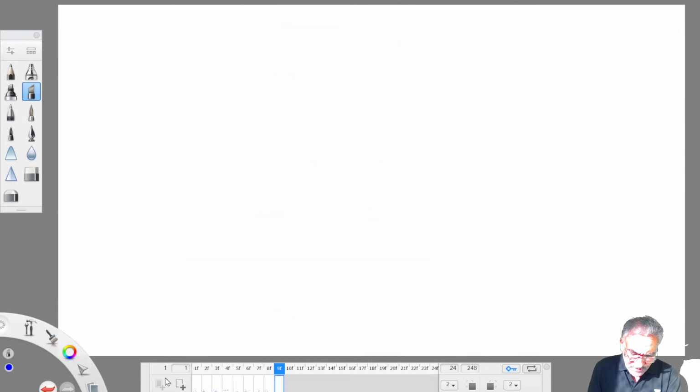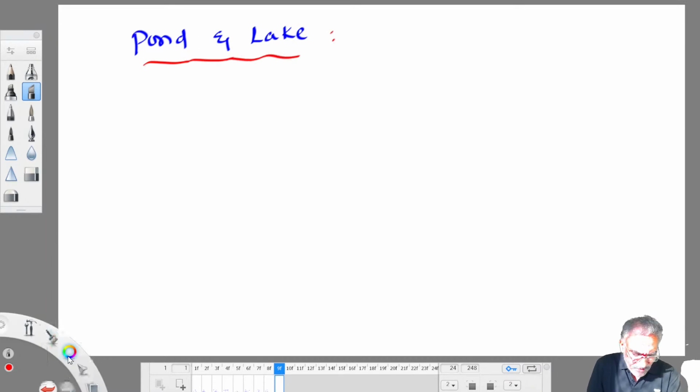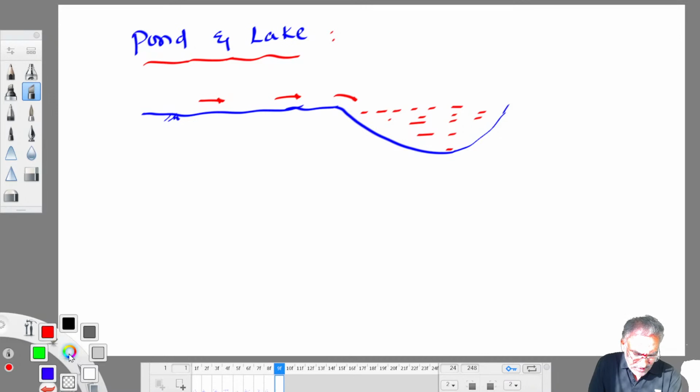So what is a pond or lake? Pond and lake, both of them are the same. They are depressions formed in the ground. When these depressions collect water, it results in the formation of a pond or a lake. This is the ground, and suddenly you will find a large depression here. When rain happens in a catchment, the rain water slowly joins these depressions and finally accumulates there, resulting in the formation of a pond or a lake.